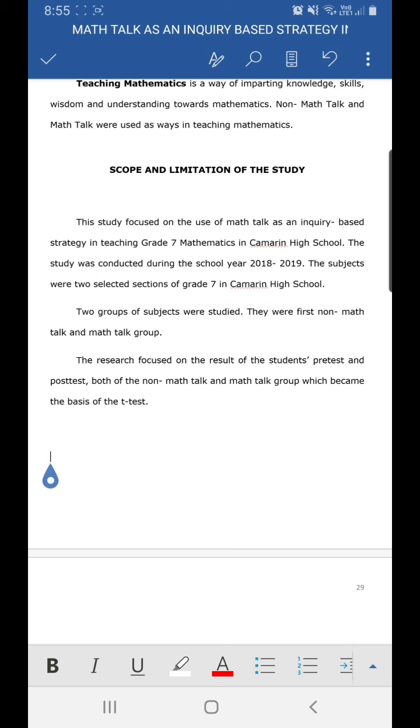So, makikita nyo sa first paragraph, sinabi niya, this study focused on. So, that is part of the discussion ng scope. And then, second paragraph, two groups of subjects were studied. Scope po ulit yun. And then the third paragraph, the research focused on the result, is still part of the